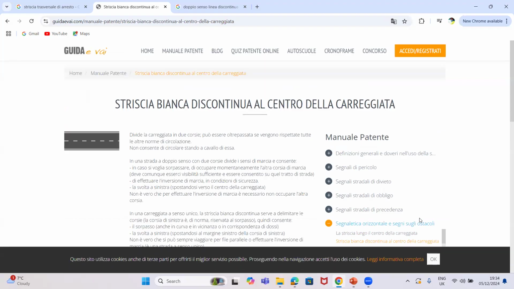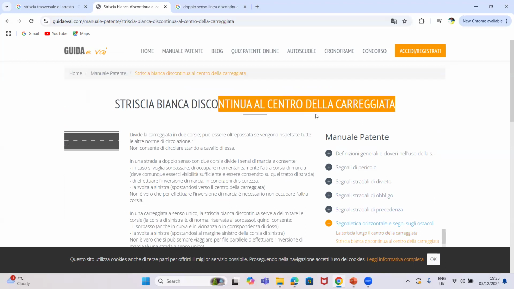We're about to explain what this discontinuous line is that you will find in the center of the carreggiata. Now let me explain something, guys. In Italian olden days roads, do you know that? Let's go a little bit backwards. Like I told you before when we started the class, a discontinuous line means senso unico. Simple. Now, do you know that there are some olden days Italian roads where you will see a discontinuous line in the center of the carreggiata, but people drive there as doppio senso? Who has seen it before?